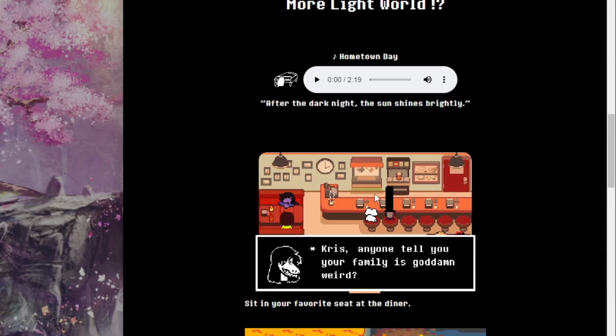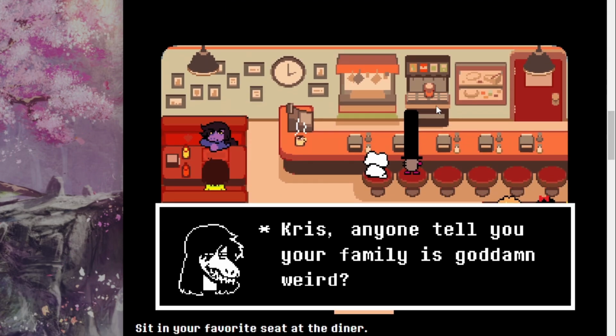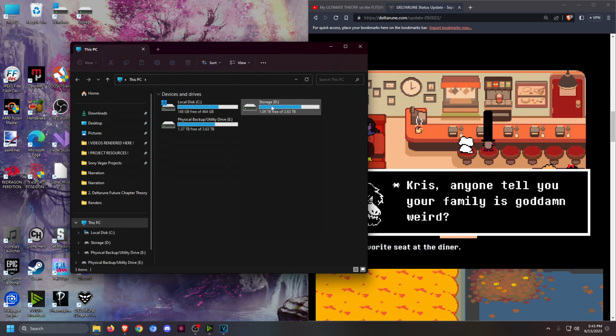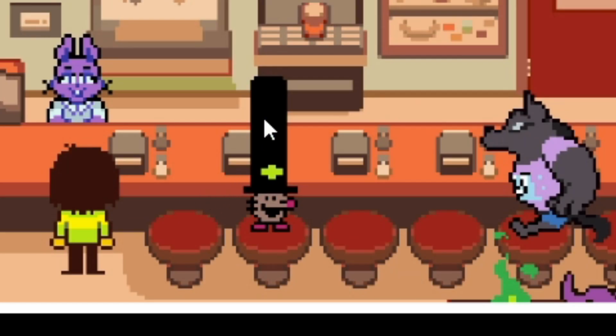There's a piece of evidence here that this guy's hat actually grows. Okay, let me zoom in a little bit. This little guy's hat actually grows 1 pixel taller every single day, which is interesting. If we go to Chapter 1, as you can see, this little guy's hat is at this level.